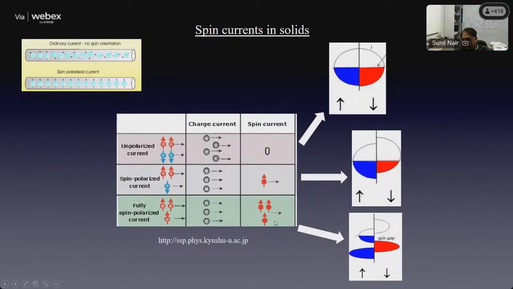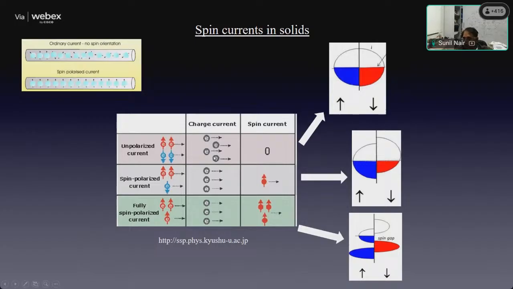Now the third condition, which is a relatively rare condition, is one in which the spin split density of states is such that the Fermi level crosses only one of the split bands. That means the Fermi level is, say, crossing the upspin band, and it is not crossing the downspin band at all. So here, if I now sit and count the number of electrons coming out at the end of the tube, I will see that if there are 100 electrons crossing me by, all of them have only one kind of spin. So all of them are spin up, for instance.